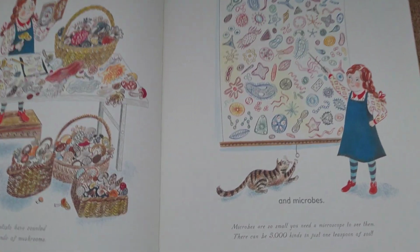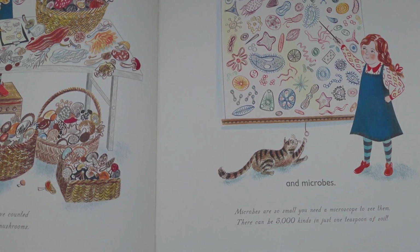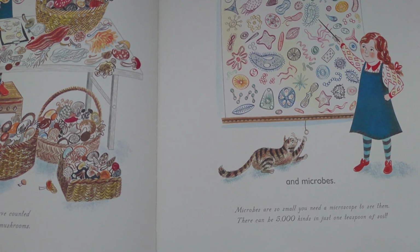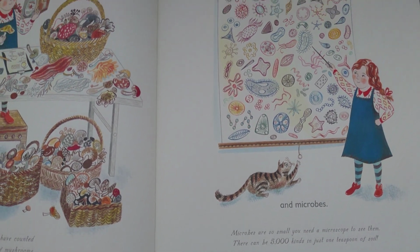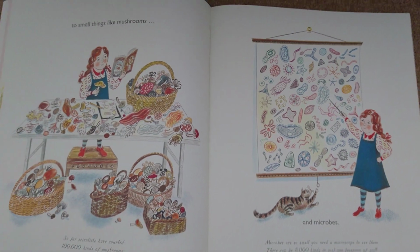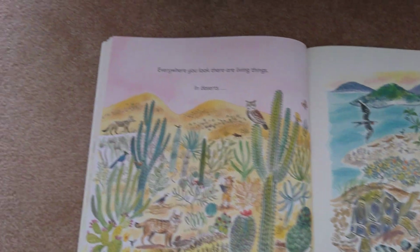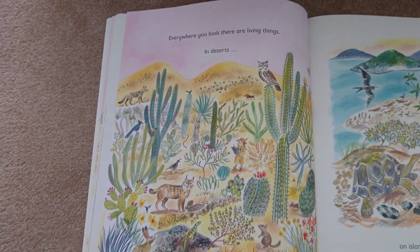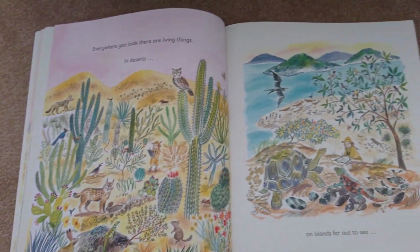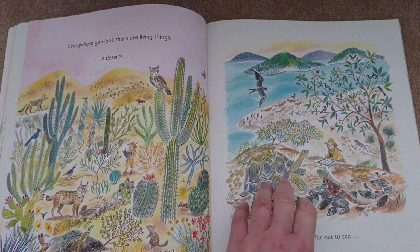And microbes. Microbes are so small you need a microscope to see them. There can be 5,000 kinds in just 1 teaspoon of soil. That's incredible, isn't it? Everywhere you look, there are living things. In deserts, on islands far out to sea,